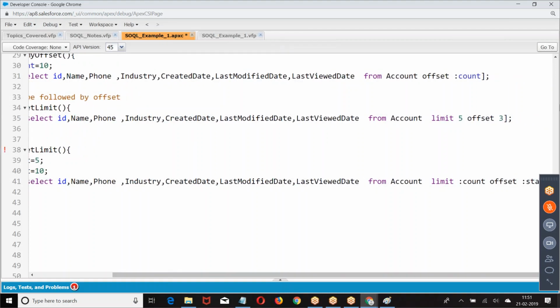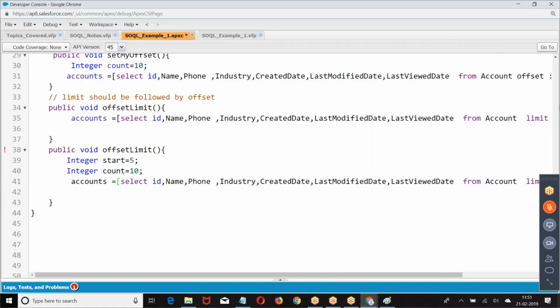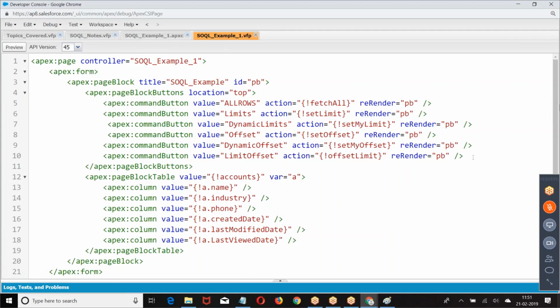Wherever we use a variable, we have to use colon.